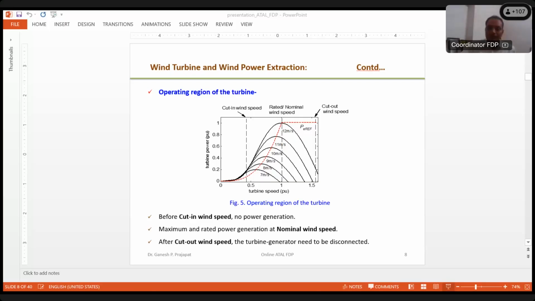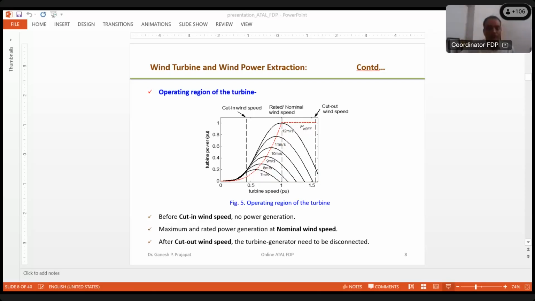Since it is a synchronous generator, it delivers power here, but the frequency of the voltage available at the place where I have put my pointer will be varying. Why is this varying? Because wind speed is not in our hands, and that's why the speed of rotation of the turbine is also not in our hands. So it may change, and because of the change in shaft speed, the frequency out of the synchronous generator will also change. But that varying frequency AC voltage can't be fed to the grid,